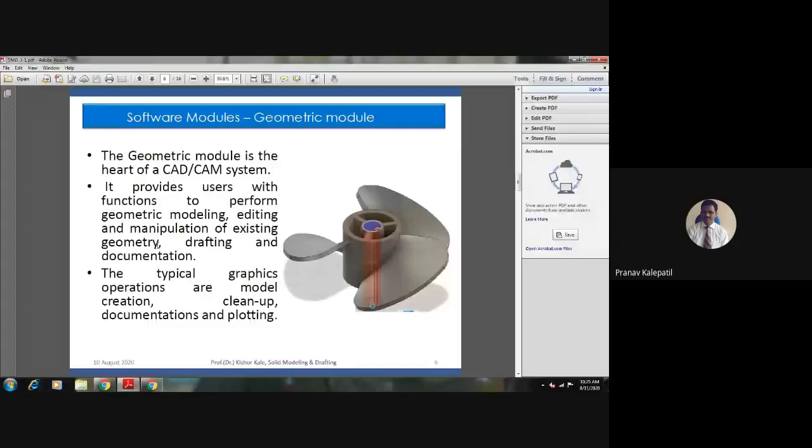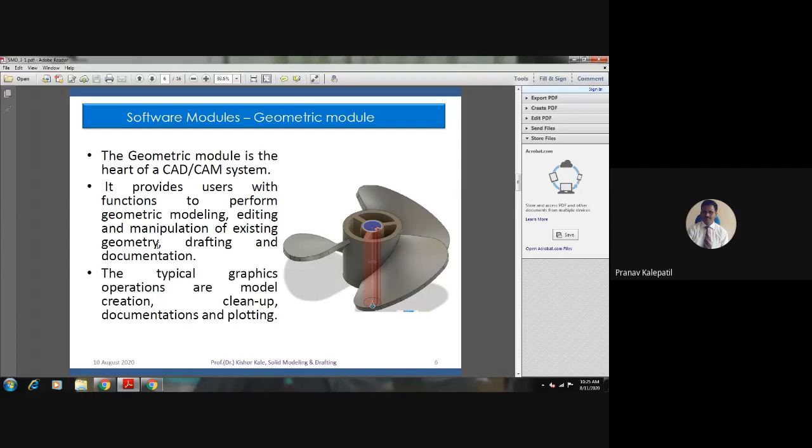What is the third one? Drafting and documentation. What is drafting here? Two D models.